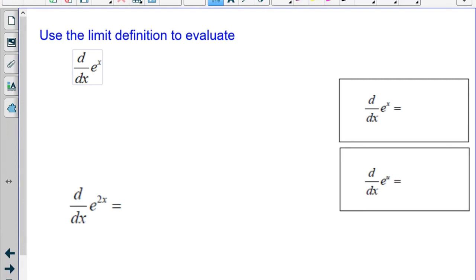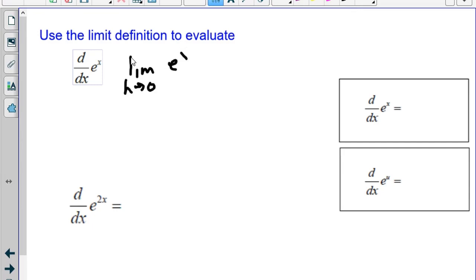Now what we're going to do is take the limit definition of the derivative to evaluate e to the x. Now, obviously, you're not expected to do limit definitions a lot anymore. You have to know what they look like because on multiple choice problems on the AP test, they do it all the time. And just know that it ends up being the derivative of something. But we're going to use the limit definition for a particular reason. So the limit as h approaches 0